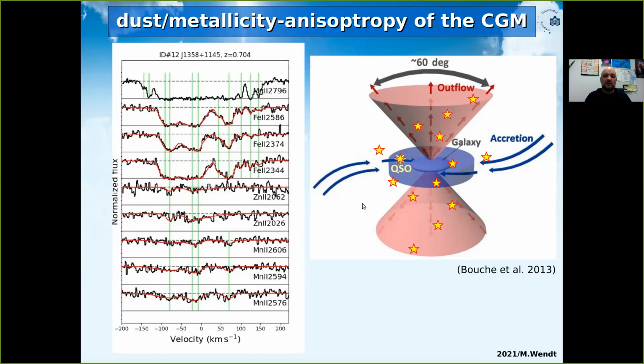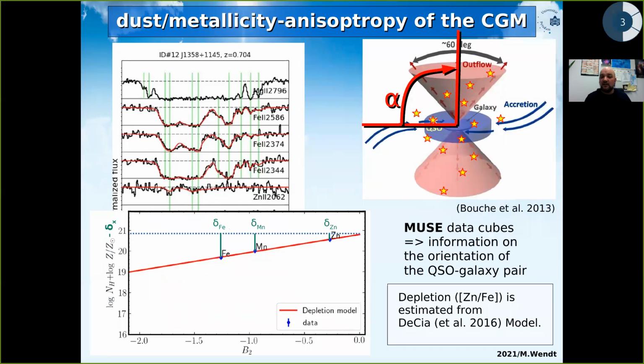We measure low ions, or singly ionized elements like manganese, zinc, or iron. Since it is known that zinc depletes particularly little onto dust, and for example iron has a strong depletion onto dust, we can derive the zinc over iron ratio as a proxy for dust depletion. And in the absence of iron or zinc, we can also use other elements like manganese or chromium, because in